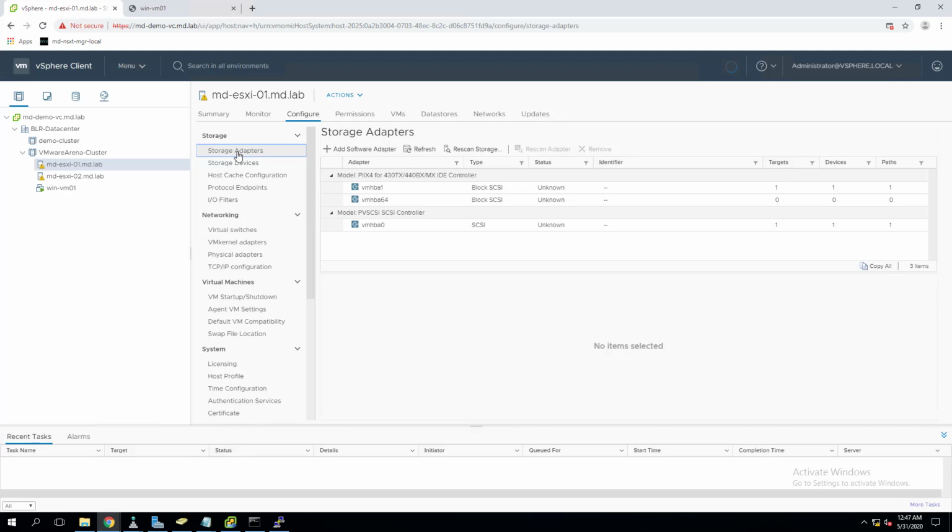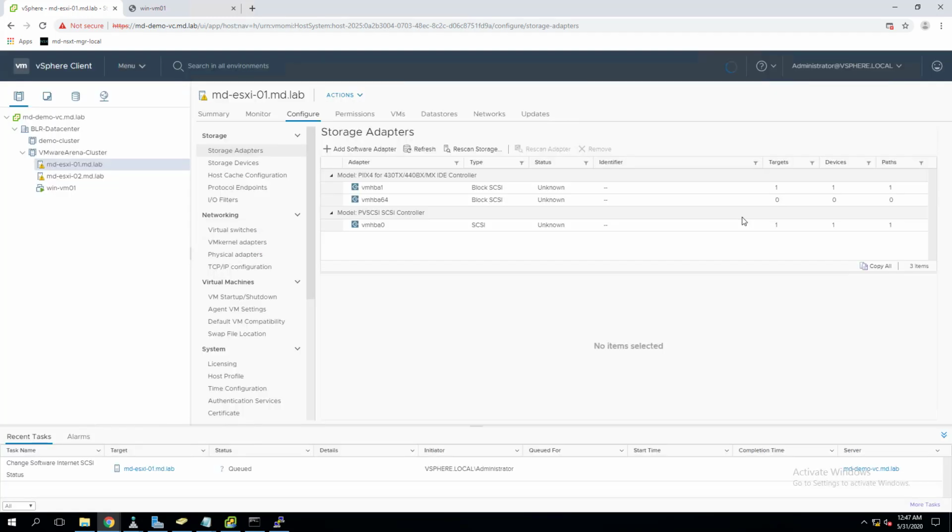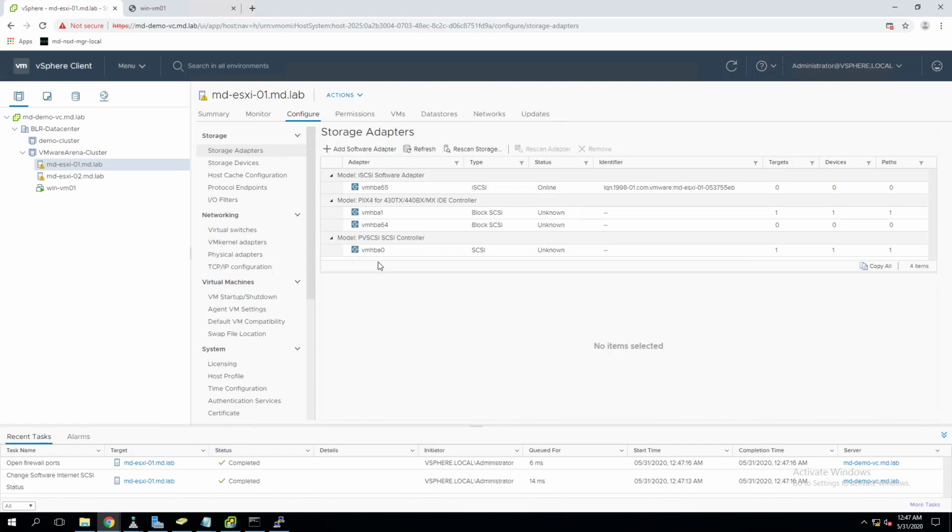So in the meantime, to access this, we need an iSCSI adapter. So how can we add the iSCSI adapter? Go to the ESXi host, select the storage adapter. In that, click on the plus sign. So we have the option to add a software iSCSI adapter. Select that. Yes, now we have a software iSCSI adapter, VMHBA65, which has been added.